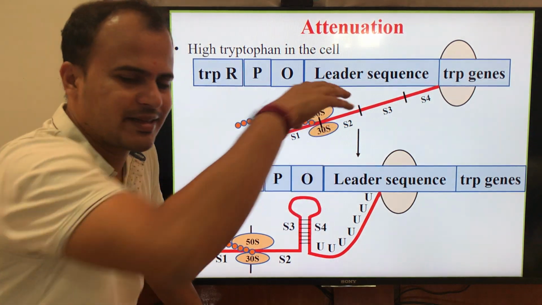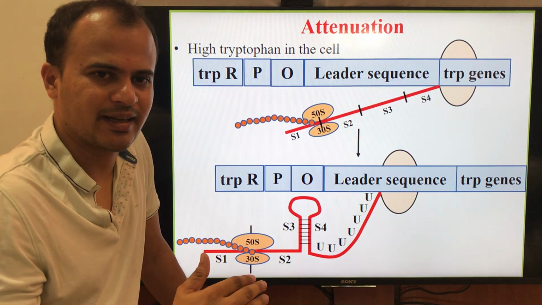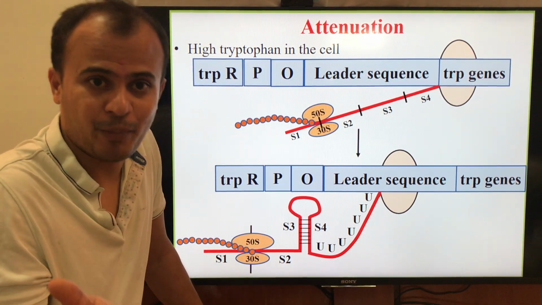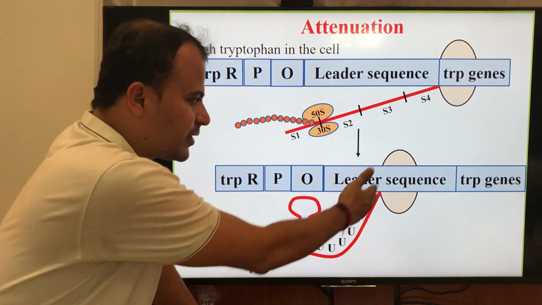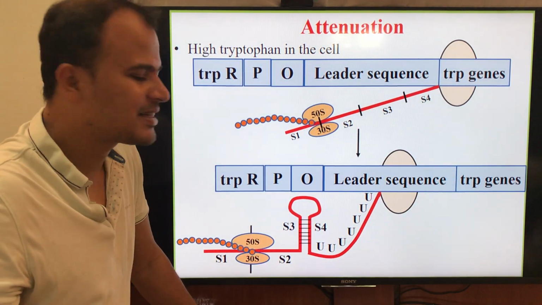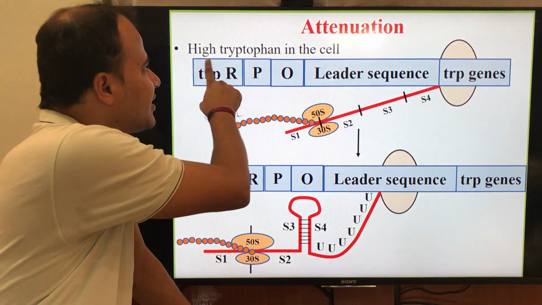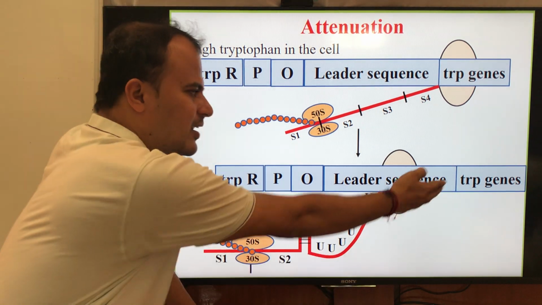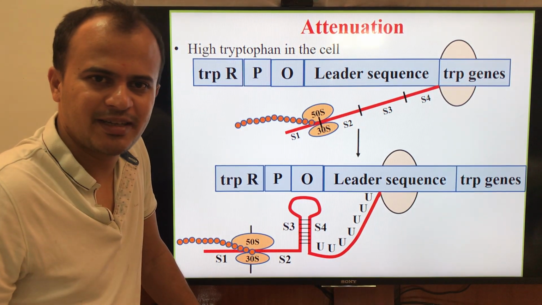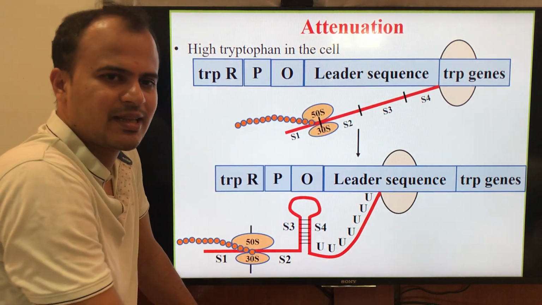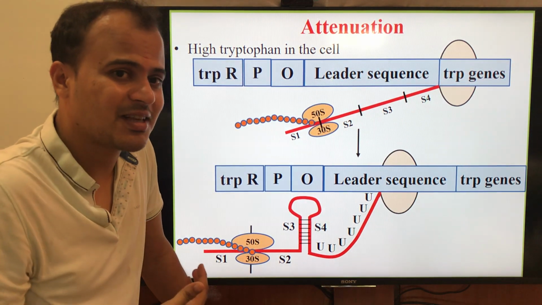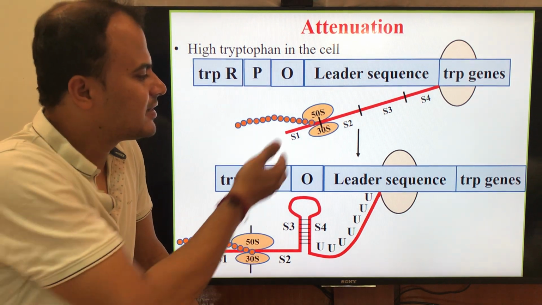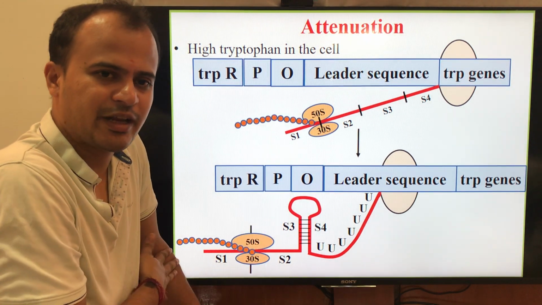And RNA polymerase gets detached from the template DNA, that is from the trp ABCD genes, the tryptophan operon. So there is a detachment of the RNA polymerase itself. Please remember, we are discussing the condition where there is high tryptophan in the cell. Whenever there is high tryptophan in the cell, RNA polymerase need not express the trp ABCDE genes. So immediately RNA polymerase leaves the template DNA. This is how bacteria stop the movement of the RNA polymerase by using the attenuation mechanism.